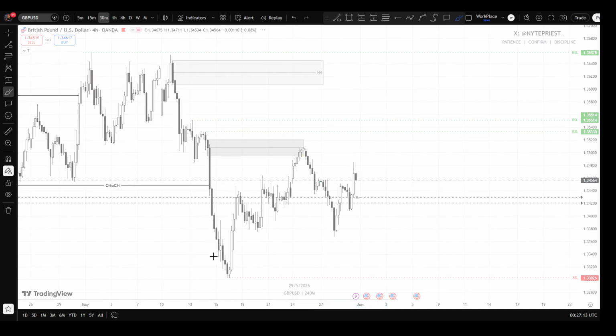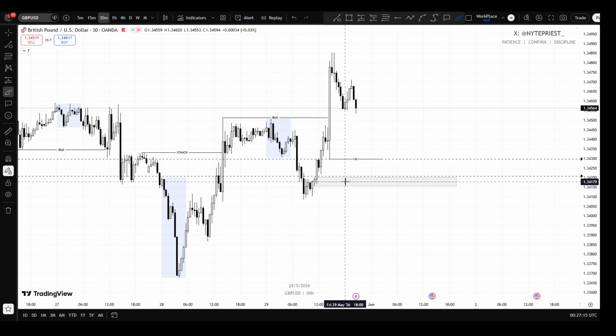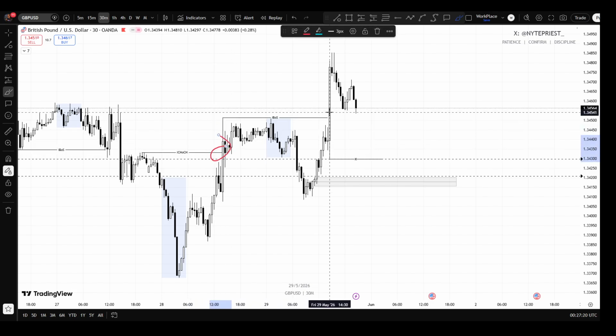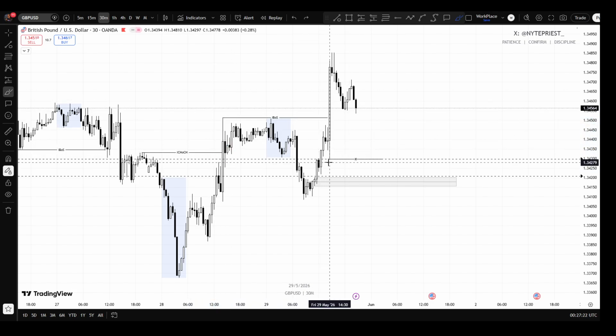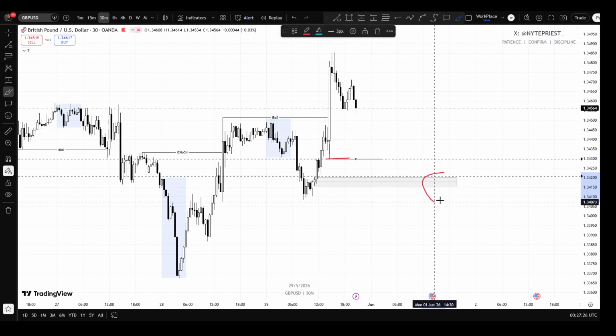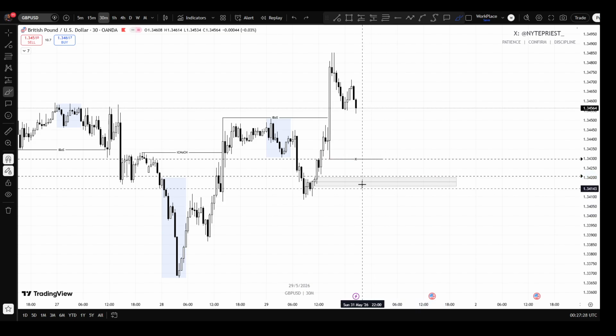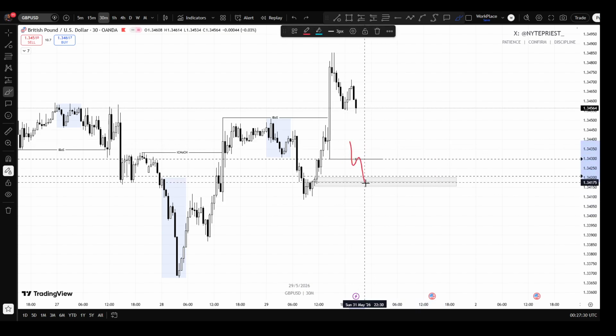So let's go down to the 30 minutes time frame. On the 30 minutes time frame, we see that we have this closure here and then this closure here. We have this liquidity low here and then the 30 minutes order block here. So waiting for price to sweep this low, mitigate this order block,